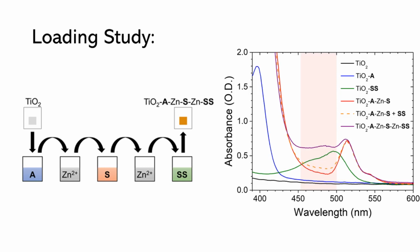Most notably, it can be seen that the addition of the singlet sensitizer increases the absorptivity of the film in the transparency window between the sensitizer and acceptor. Additionally, it can be shown that without the second zinc linking ion treatment, there is very little singlet sensitizer contribution. This implies that the singlet sensitizer is indeed forming a trilayer architecture rather than co-depositing on the second layer alongside